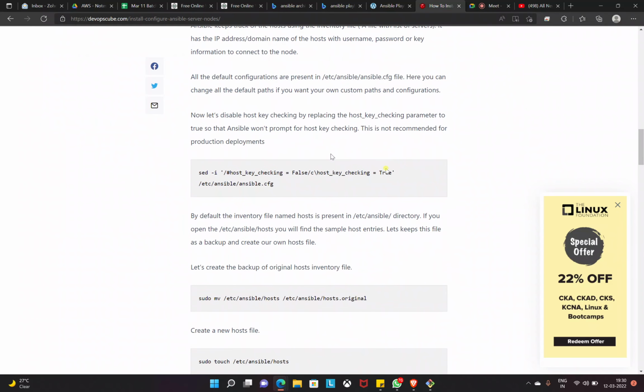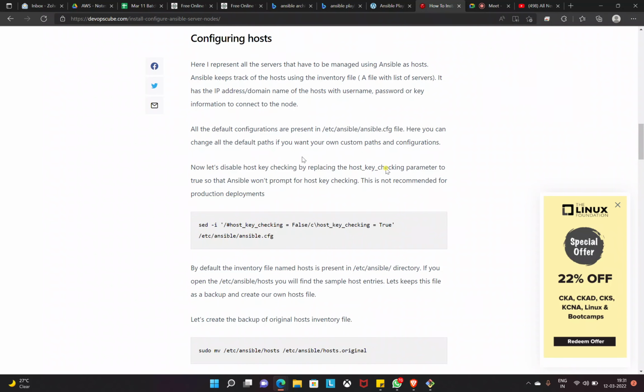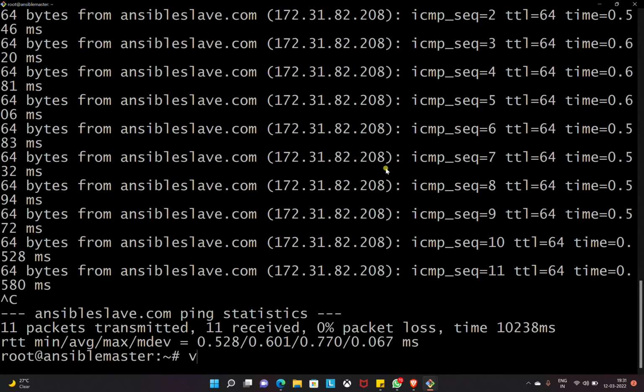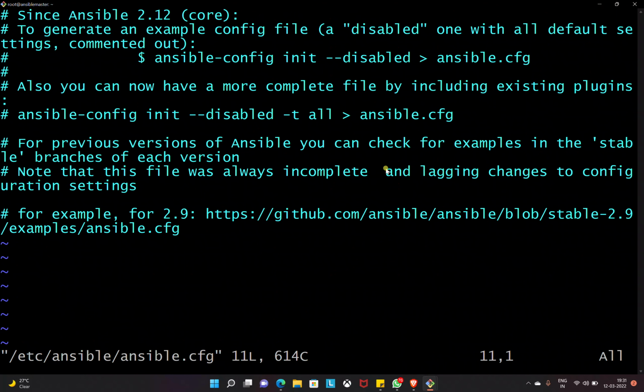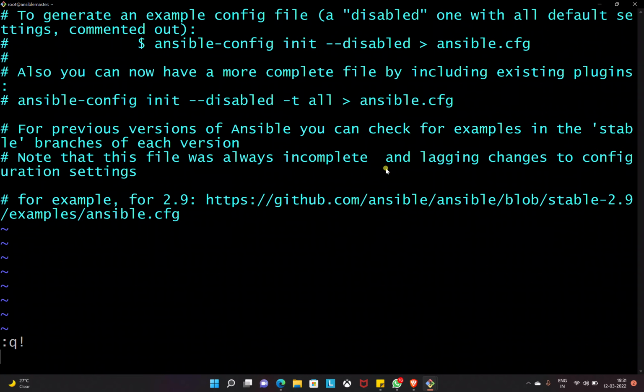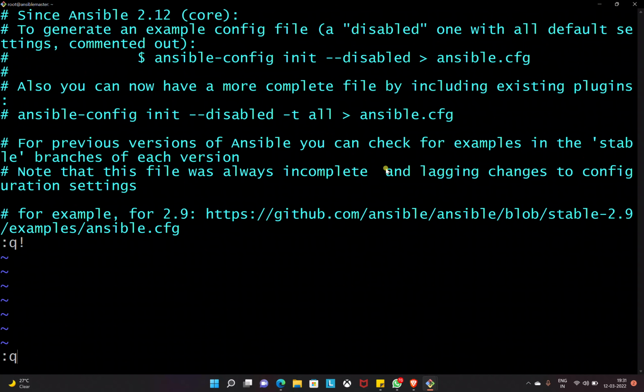Okay. Right. So now, see, all the default configuration is present in /etc/ansible/ansible.cfg. Now let me go to that path in the master server. See, Ansible 2.12 core has already been installed. Okay. So if you want to change any configuration,